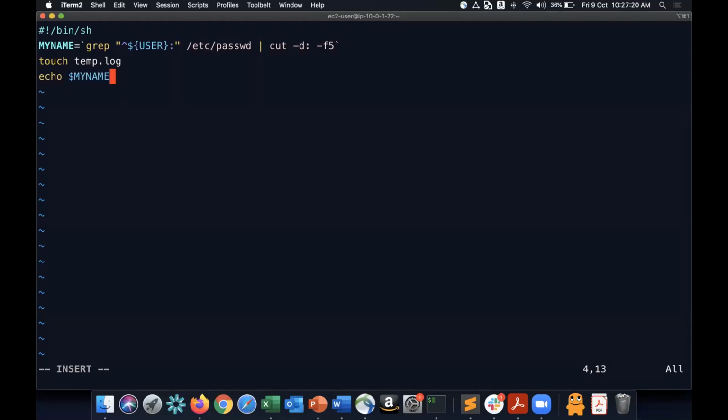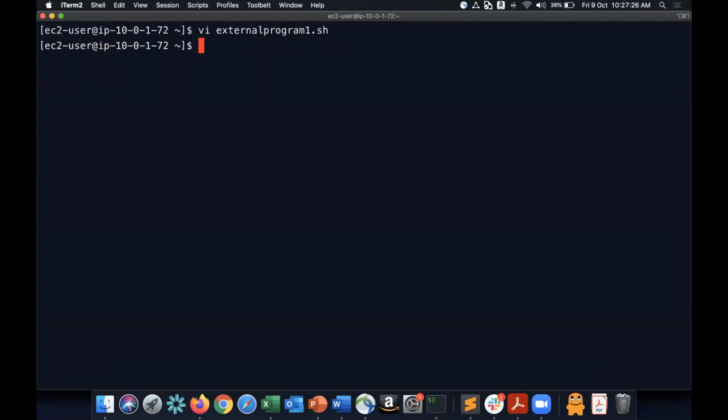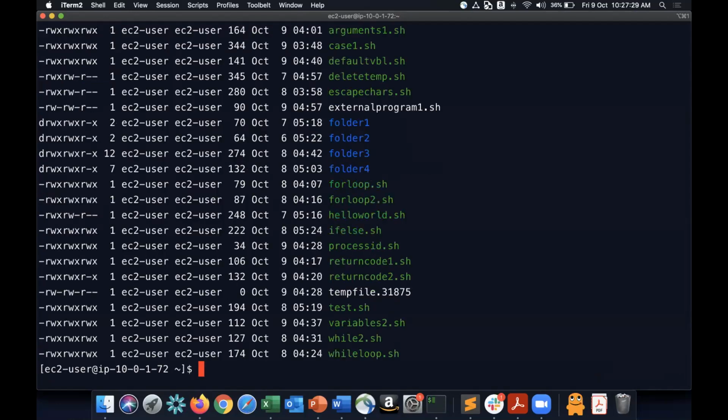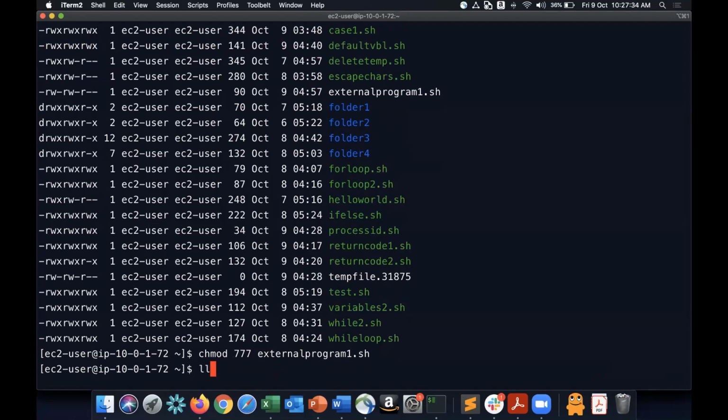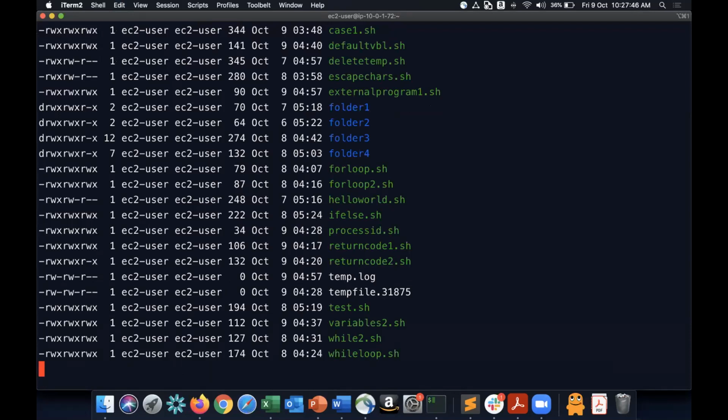Okay, so let's see what it does. Okay, so it's basically printing the EC2 default user out here, right? And it would have also created a temp.log. I'll just remove